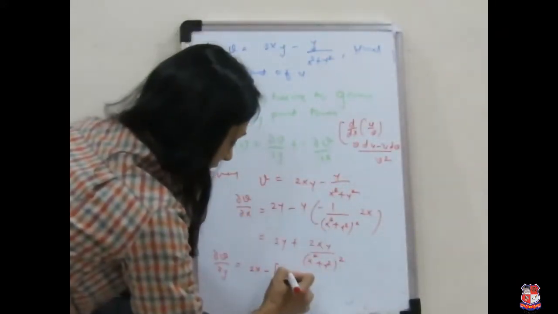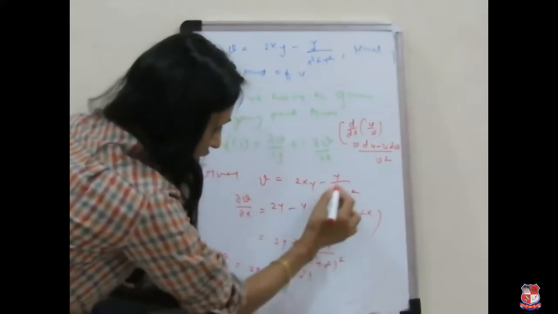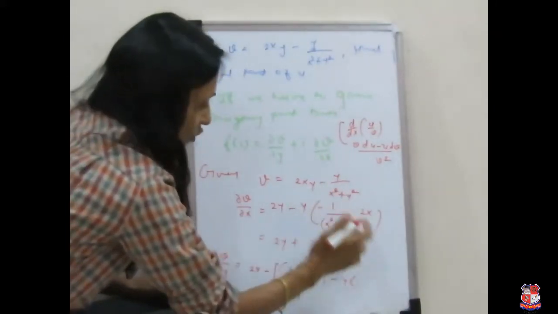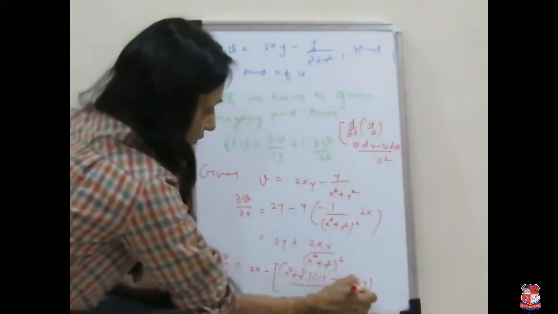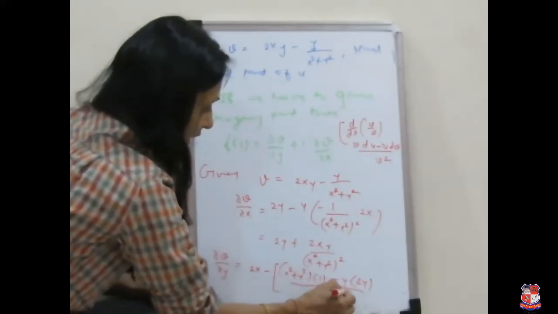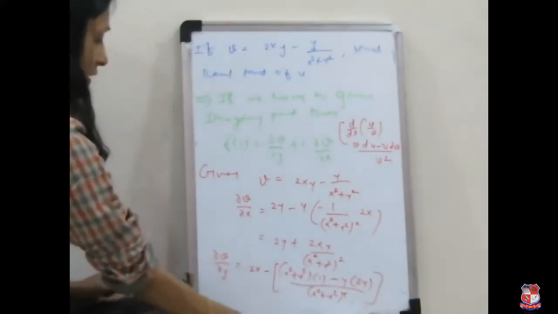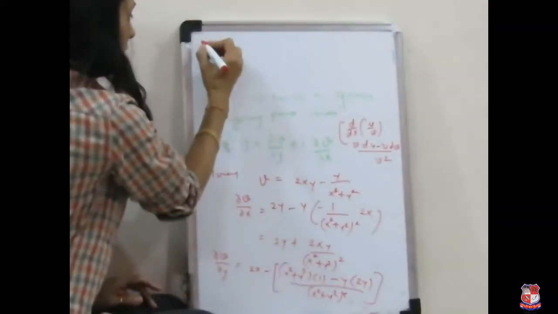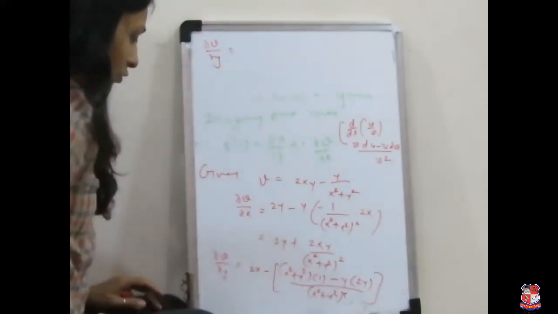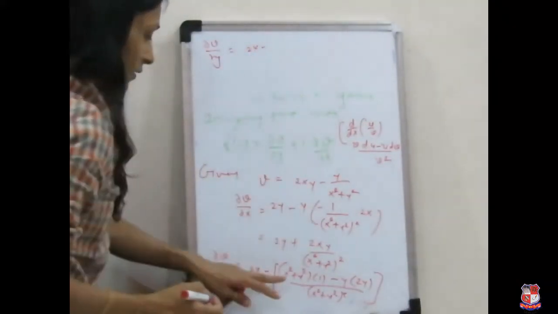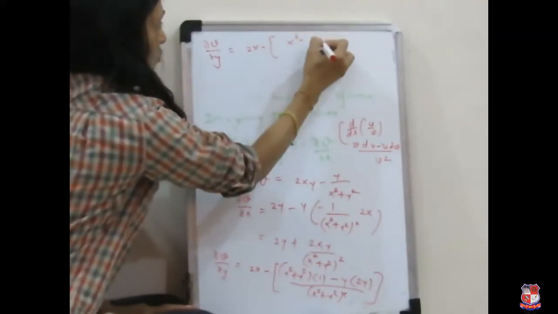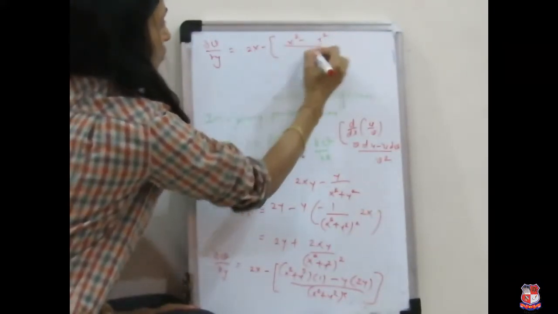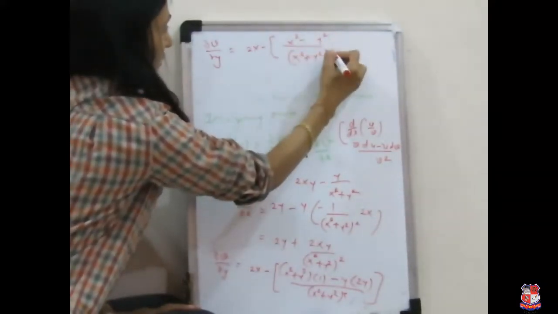That is x square plus y square times the derivative of y, that is 1, minus u, that is y as it is, times the derivative of v, that is 2y, over v square, that is (x square plus y square) whole square. Simplifying, we get del v by del y is equal to 2x minus x square minus 2y, x square plus y square minus 2y square, that is minus y square, over (x square plus y square) whole square.